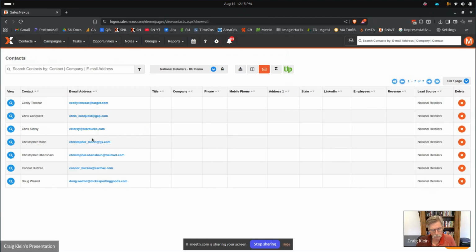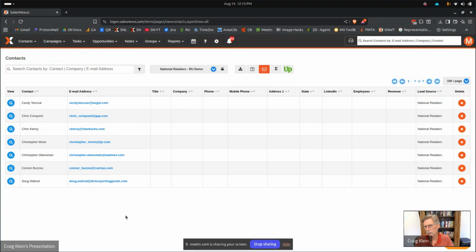And I grabbed a few contacts out of their list, and you can see it's nationwide retailers that they want to get in touch with about properties that they could potentially lease them retail space, right? So very high value leads,